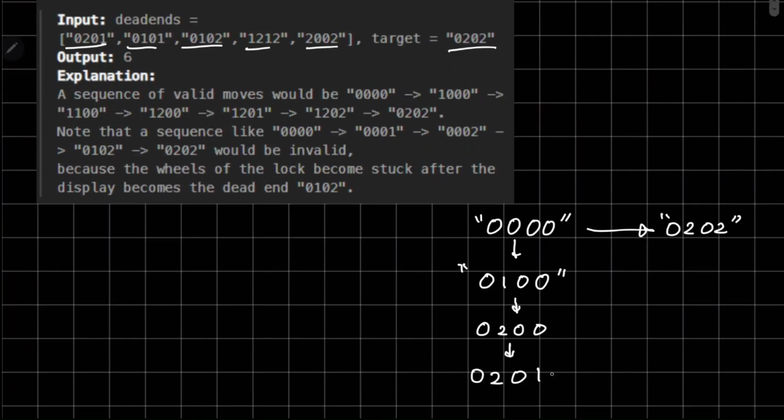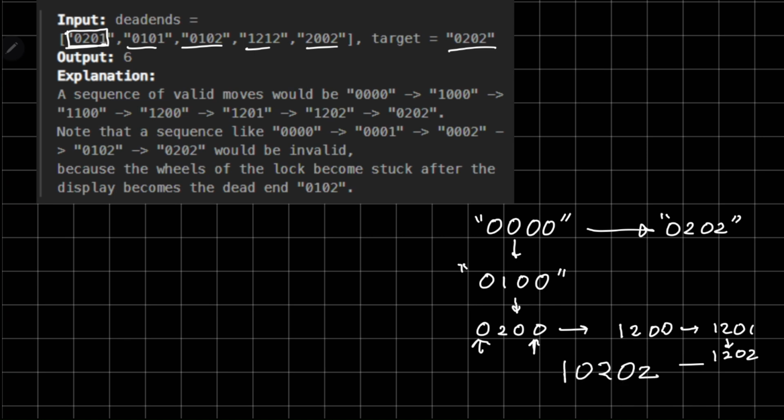But here we have reached a dead end, as it is present in the dead end list, so we can't move the lock from here. So what we can do is, we can increase this one first and then later this one, and in future we can decrement it by 1, which will cost us an additional step, but we will reach our goal. So let's make it 0 2 0 0. Now let's make it 1 2 0 1, and then 1 2 0 2, and then finally we reach our goal of